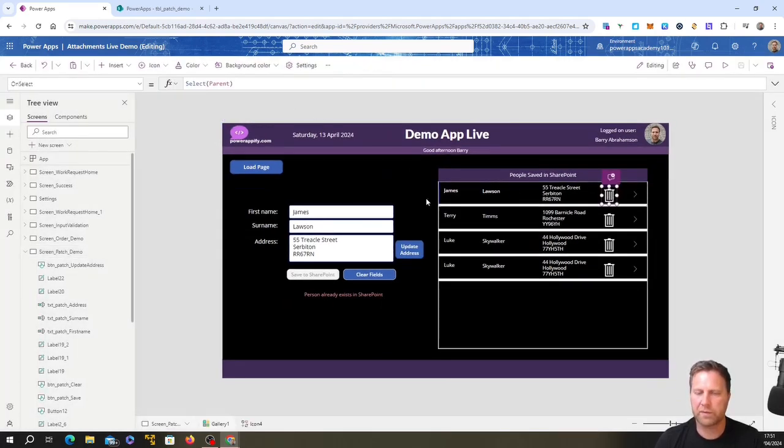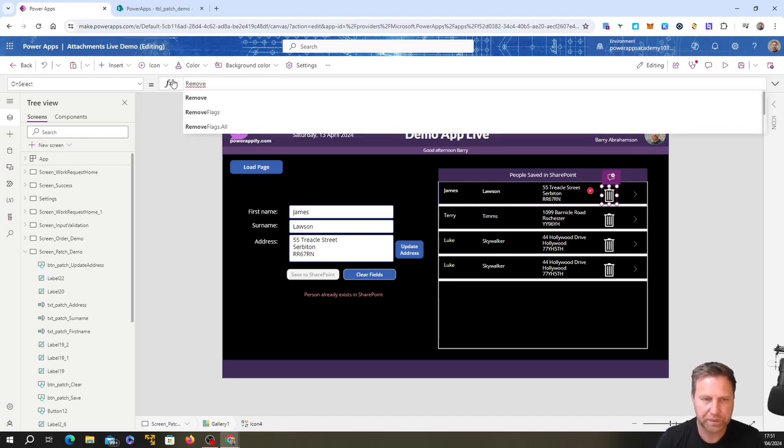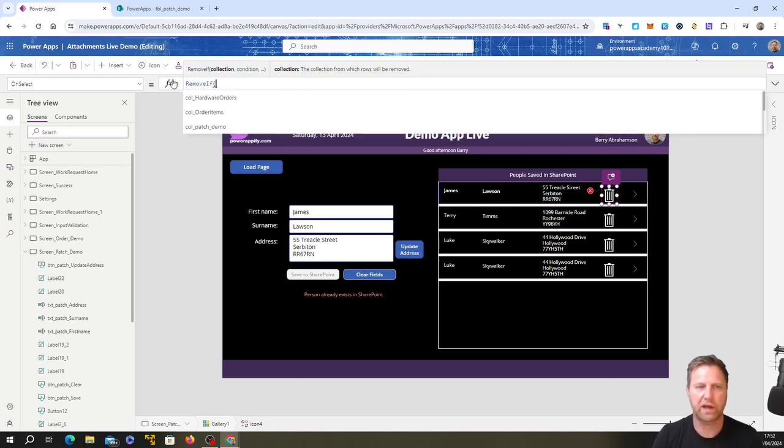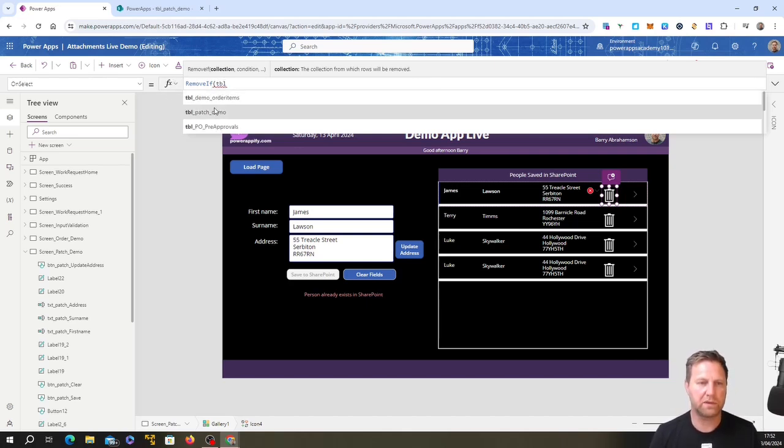Just remember with these galleries, whatever you do in the top row, it copies it to all the settings on the other rows. You only ever update the top row. It applies the settings all down. Okay, so we don't want to select parent on this. We want to use the RemoveIf. RemoveIf, another sort of if statement, but this time it's performed like the UpdateIf. This is RemoveIf. We want to RemoveIf on our table patch demo,